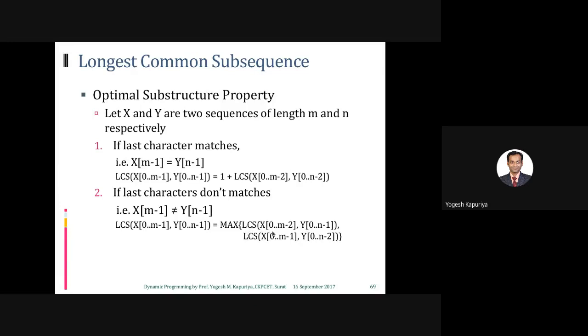What we are doing over here, LCS X, skip the last character. So you are skipping the last character of X and applying Y as it is, or give X as it is and skip the last character in Y. So that's what we do, and find out the maximum of these two.